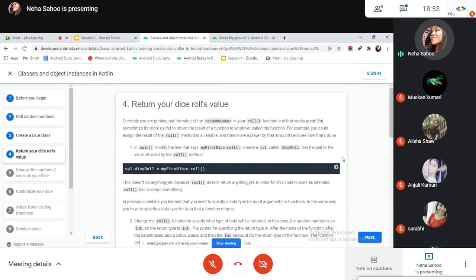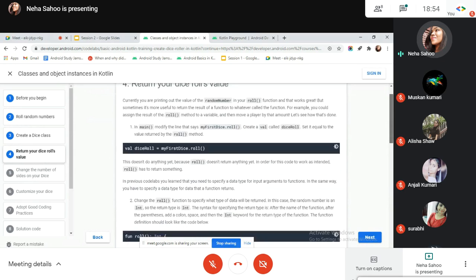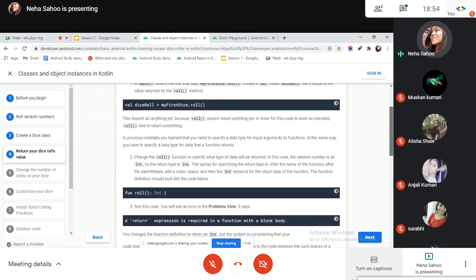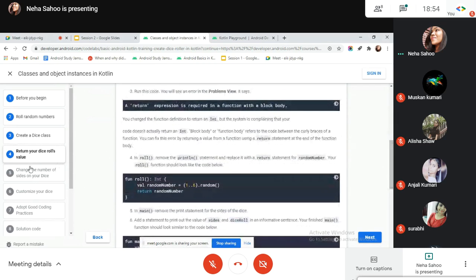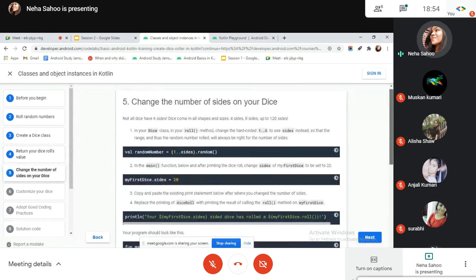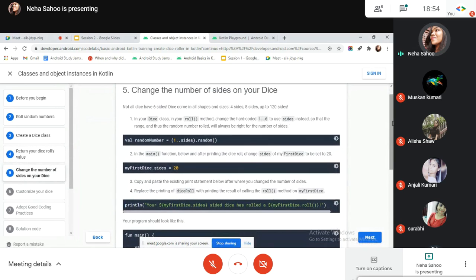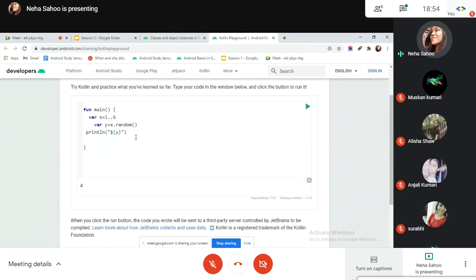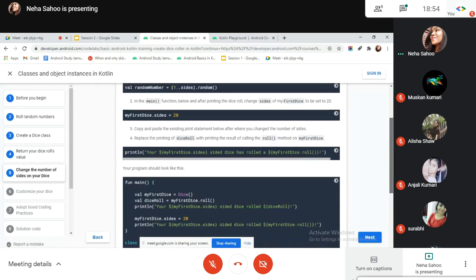Obviously we will give it a very beautiful UI so that it actually looks like a dice rolling app. You can also check how randomly it throws numbers by changing the number of sides it has. In our case we did only from 1 to 6. What you can do is use 1 to 10 here as well, and check if it throws a different number every time or not. See, it's producing a different number every time. So this will be what we will be doing.